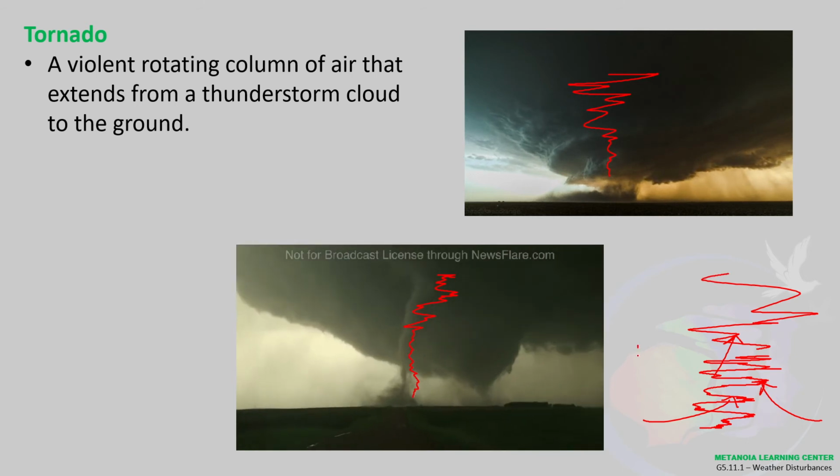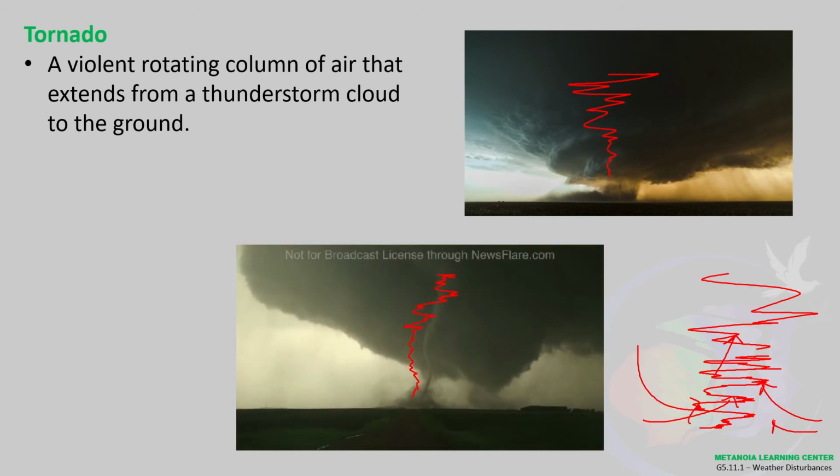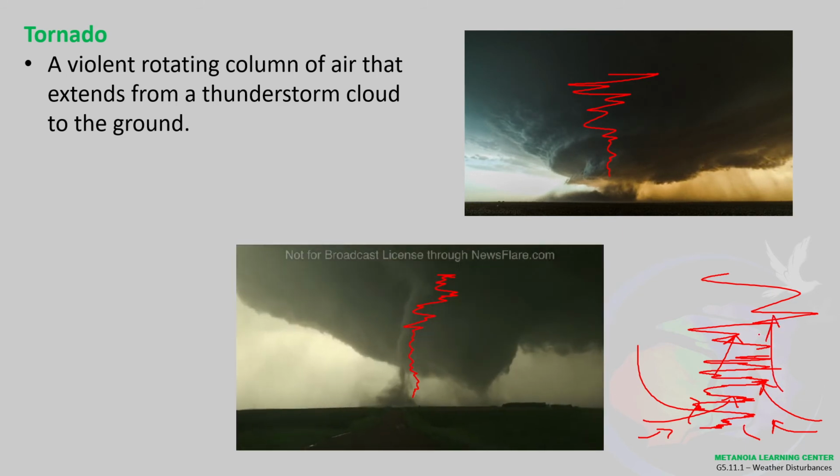So hinihigop kaagad ng wind yung dirt from the ground all the way up. Then from there, nagiging visible na yung clouds. Okay? So depende kasi sa formation. It's either by cloud formation or the formation of yung dirt.